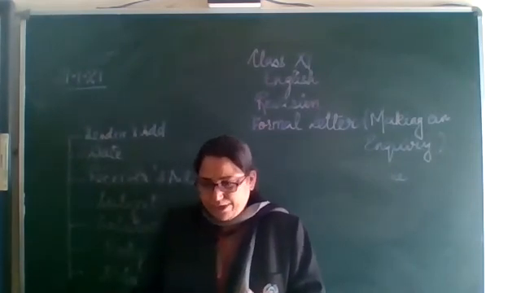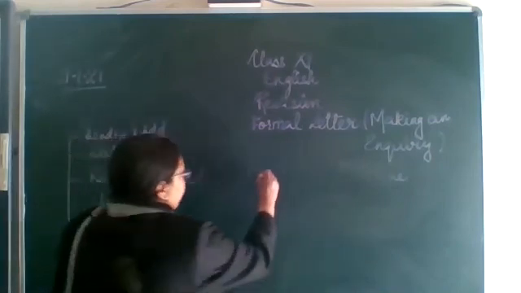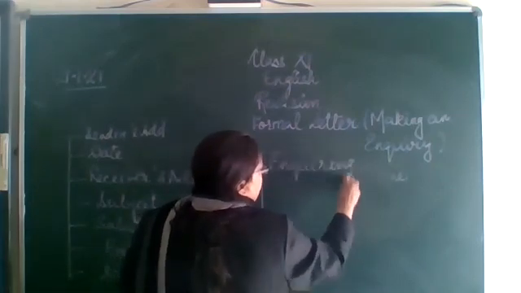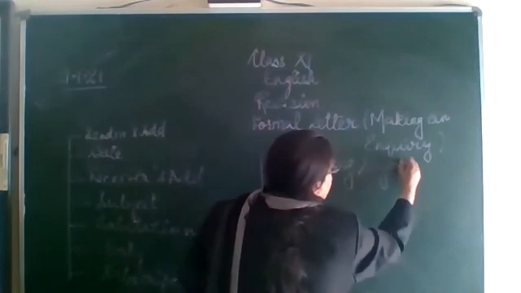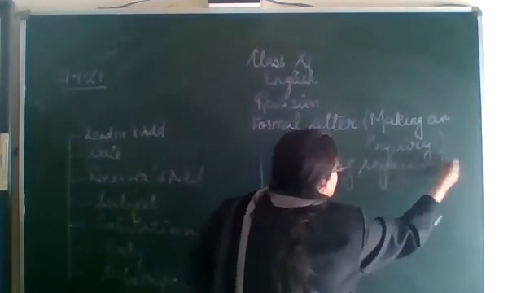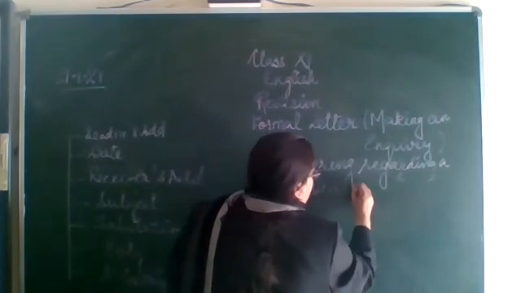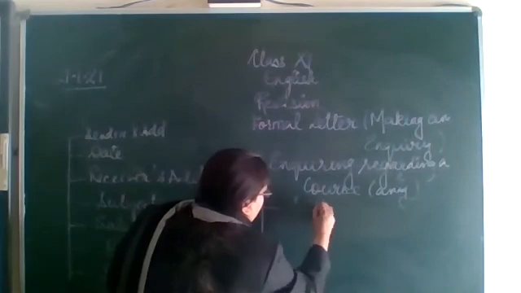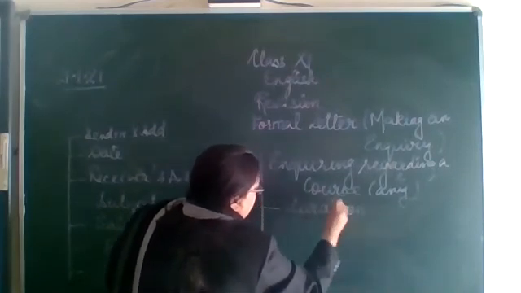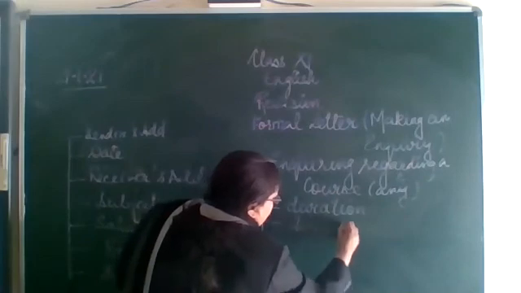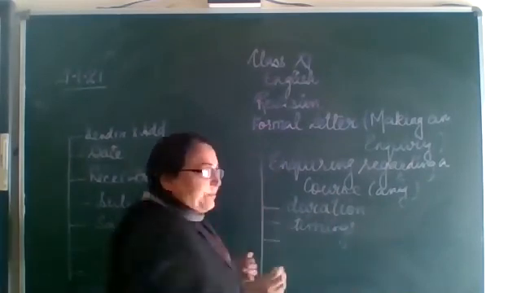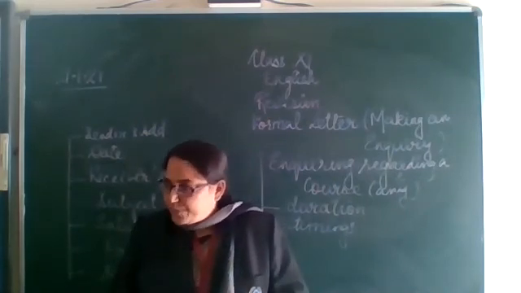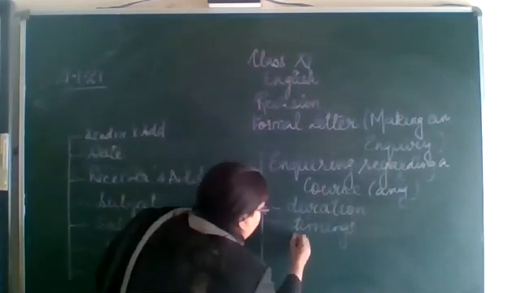There are 5, 6 points, which are on the board. You can make a note. Inquiry regarding the course that you wish to do. Duration of the course. Timings. They have specific evening classes, morning classes, when they run those academies. Timings, charges,